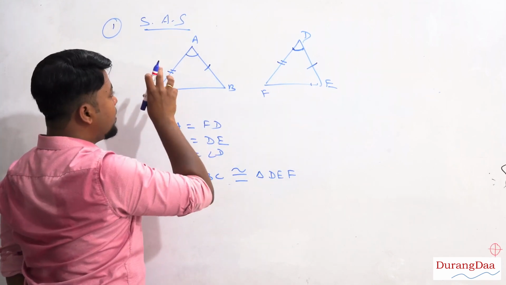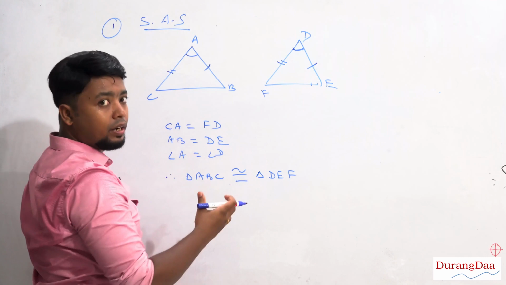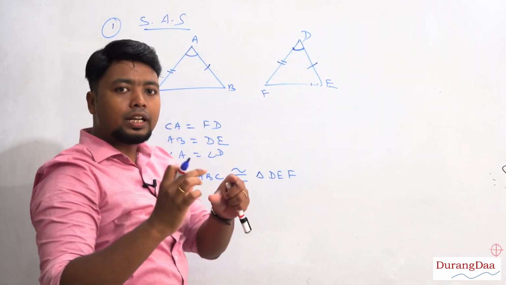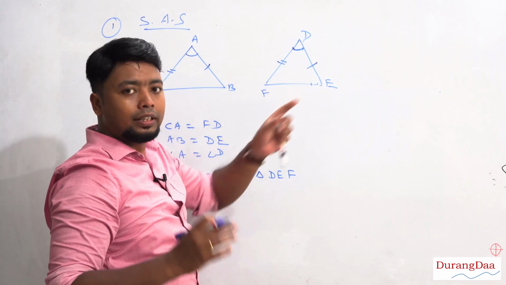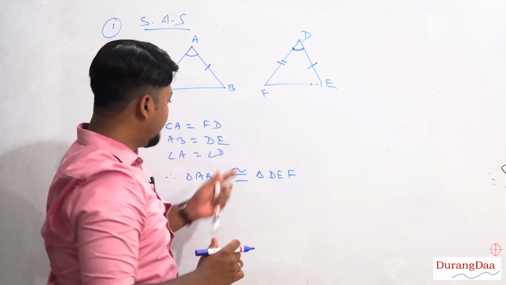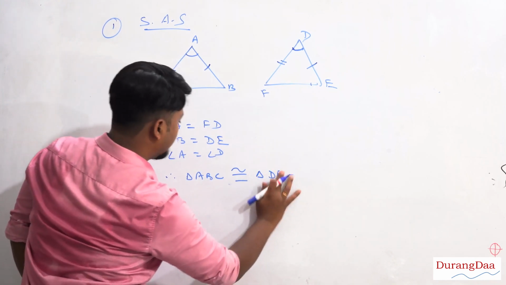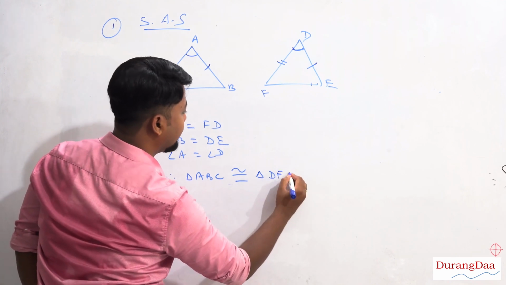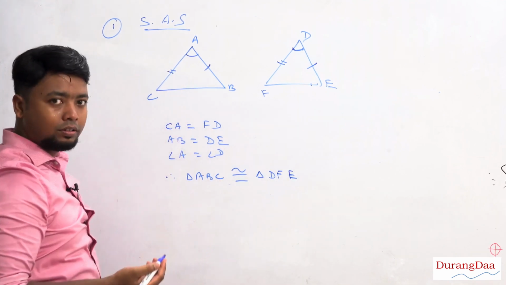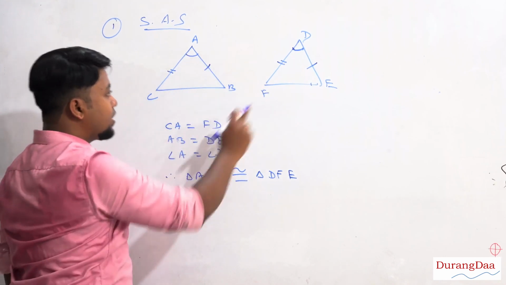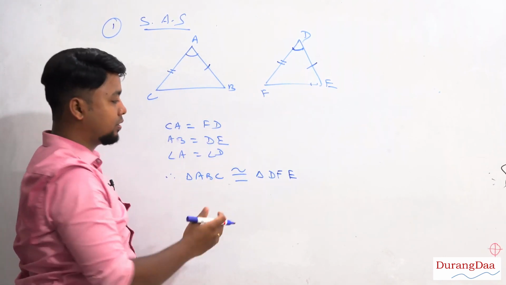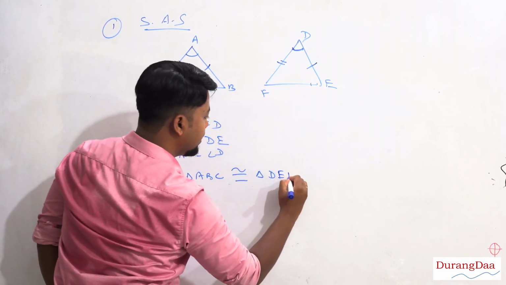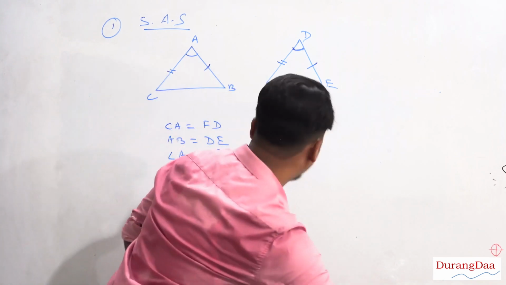Now, the meaning of congruency is that if two triangles are congruent, if I take this triangle and put it on top of the other, it will exactly coincide with all the vertices. That is the meaning of congruency here, okay. If you had written triangle ABC is congruent to triangle DFE, then that is wrong, all right. So, pay attention to the order in which you are naming the triangles, all right. Here I have selected ABC, so this side also DEF, all right. So, this is the first way.